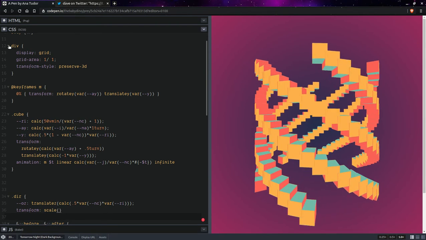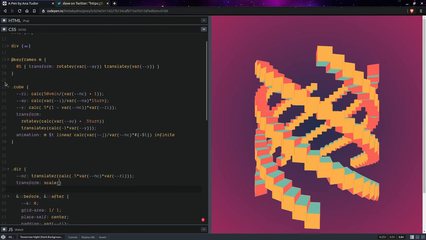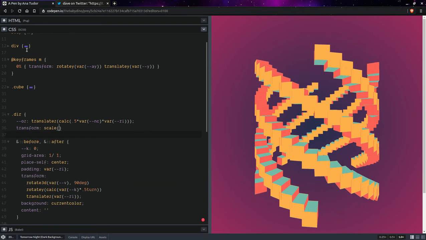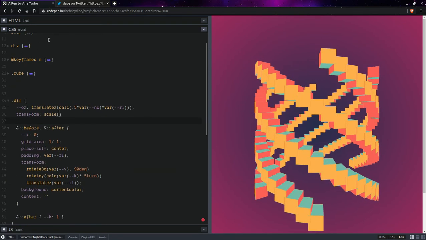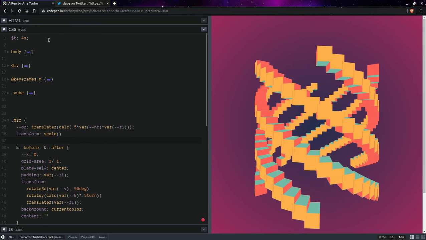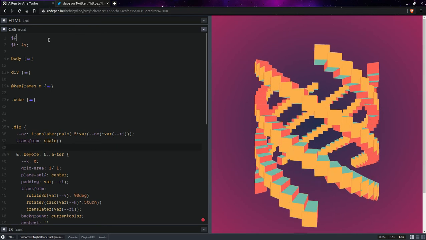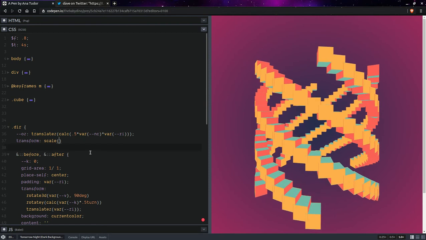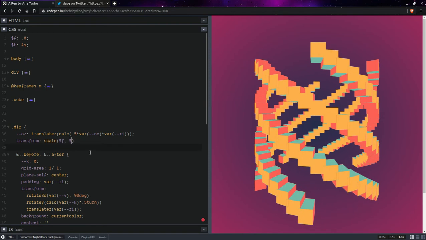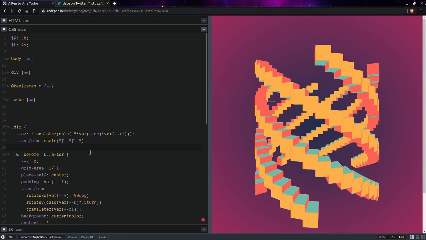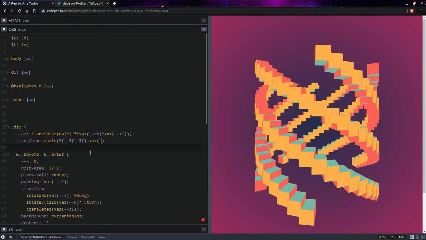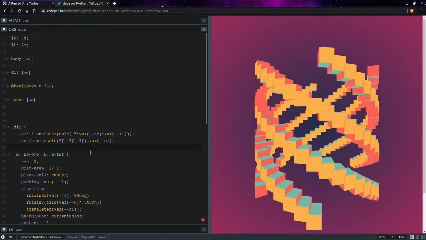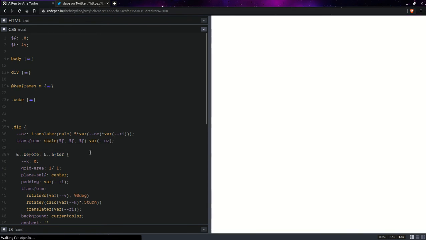Let's also set a factor. Let's compact this one as well. So we're going to have a scaling factor. We can change it later. So then we're going to have this offset, and then we're going to have